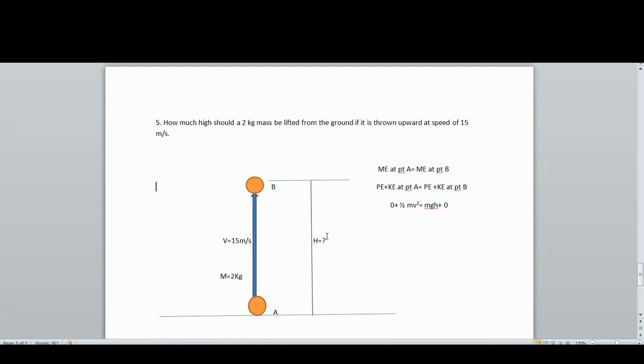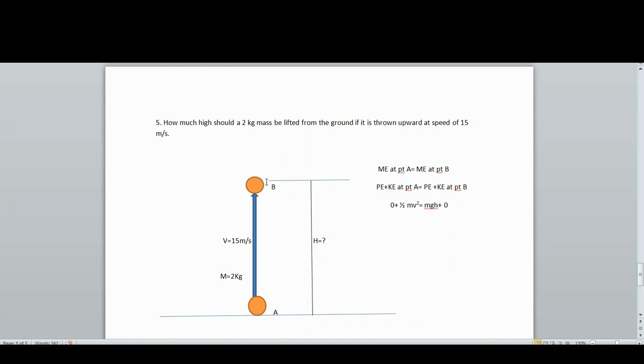Since potential energy of an object is due to its position, it always depends on the height of the object. We have assumed this point as the ground. Since the height of this point is 0, the potential energy of the object at this point is also 0. Kinetic energy is not 0 at this point since it has an initial speed of 50 meters per second. So, by applying this, potential energy is 0, kinetic energy equals 1/2 mv²,